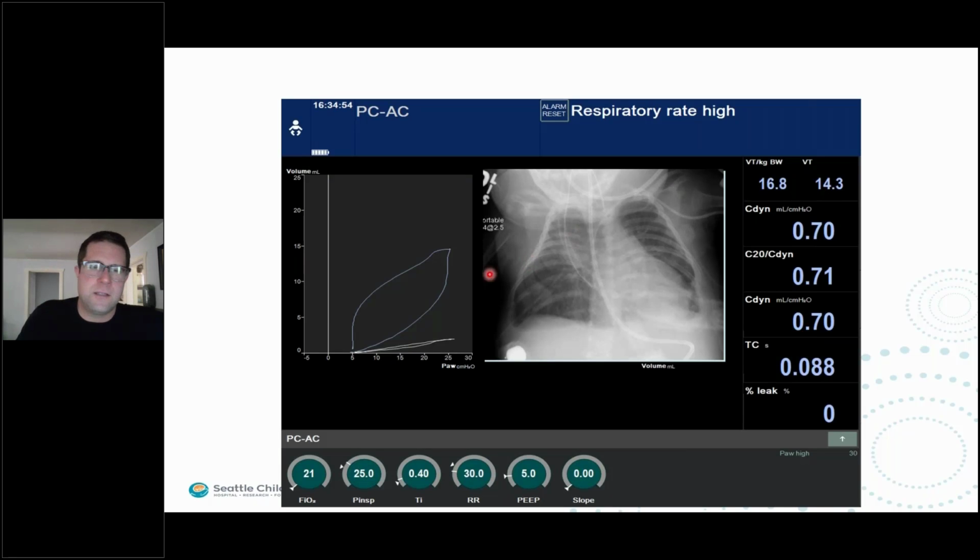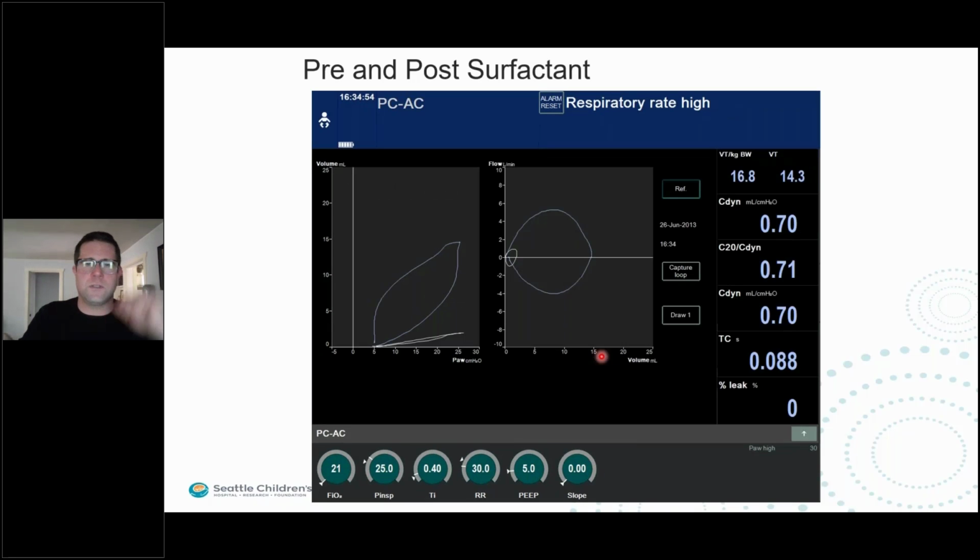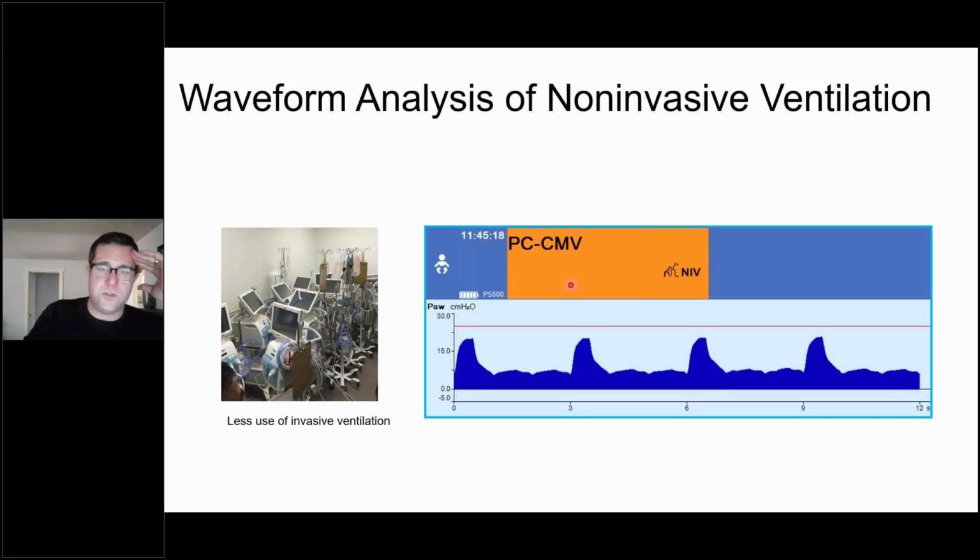But then, so that was the pre-surfactant pressure volume loop. After we gave the surfactant, obviously the lungs really improved. And you can see that when we applied pressure, there was a pretty dramatic increase in the tidal volume, and the compliance improved, so on and so forth. Tidal volumes got better. And here's the pre and post surfactant showing the pressure volume loop and the flow volume loops. We can use these tools to evaluate the actual